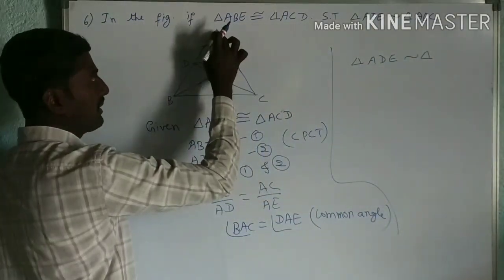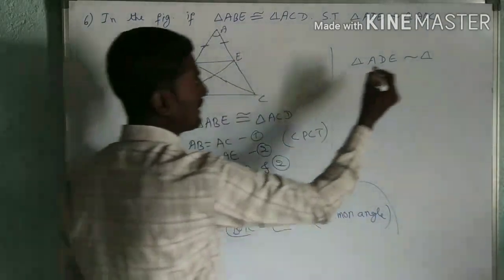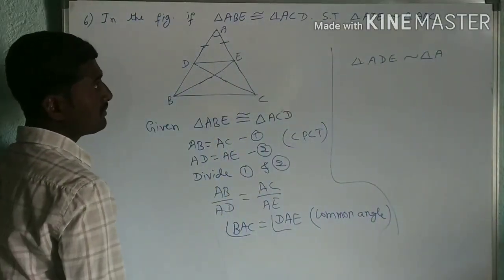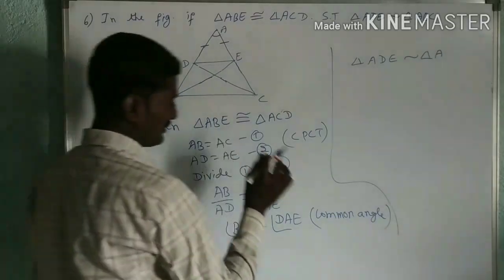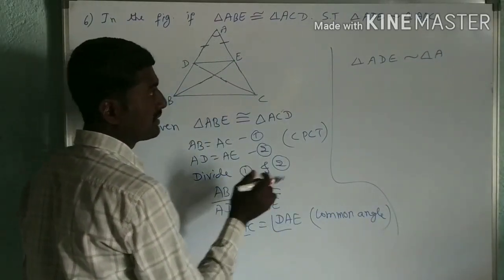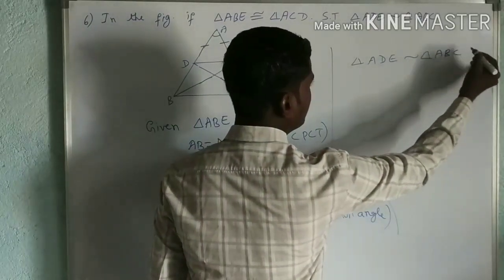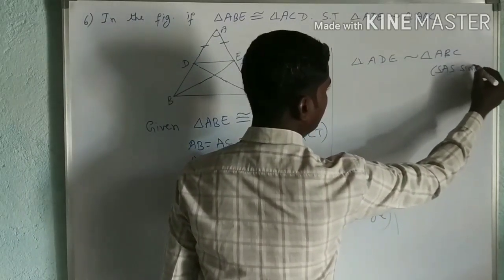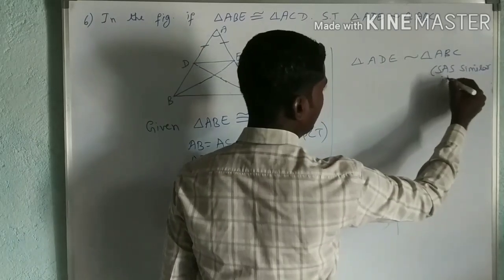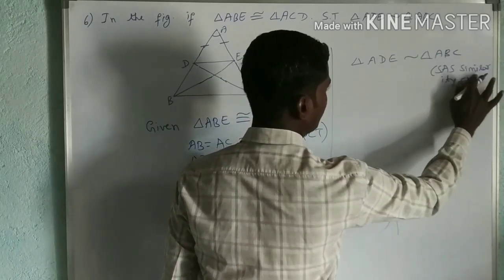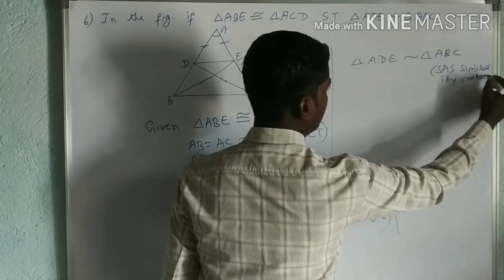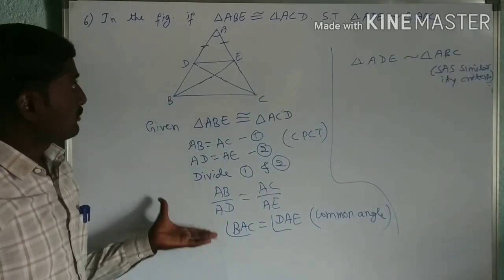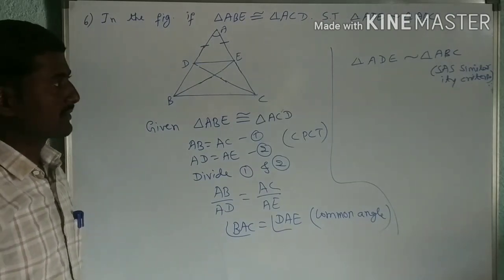For the angle A, I must take A only. Next, for the D, what must I write? B. So because of this condition, you can see this: A, B, C, because of the SAS similarity criterion. Okay, this is the reason I can give. So hence we can prove this question. Hence proved.